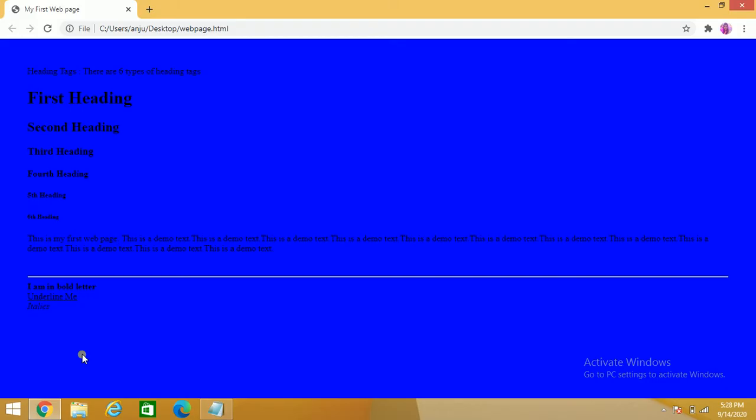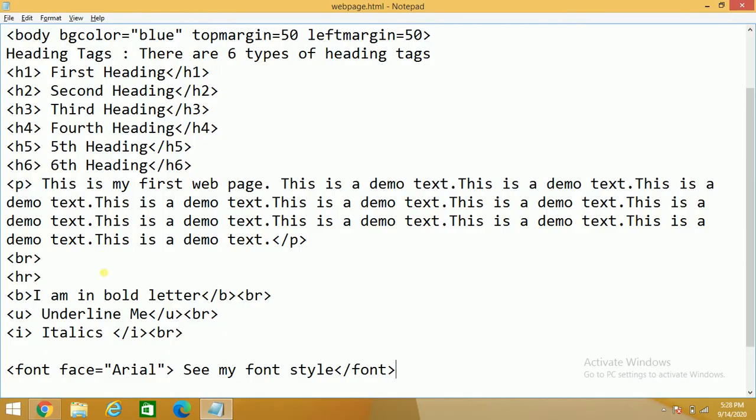So Control S and press F5. You can see it's looking different from others. See my font style. ये different style में आ रहा है बाकी से comparatively. So this is Arial and the rest are, I think, Times New Roman.